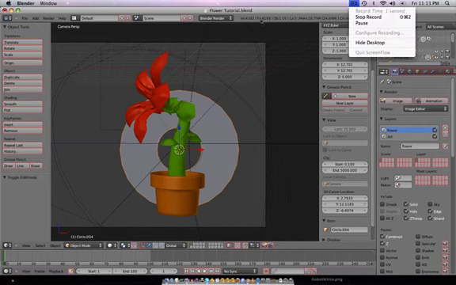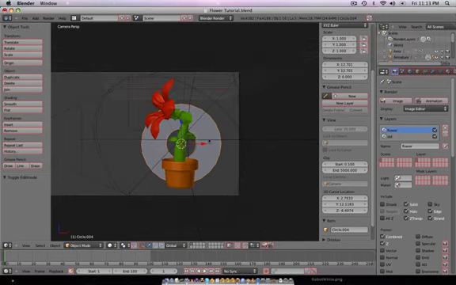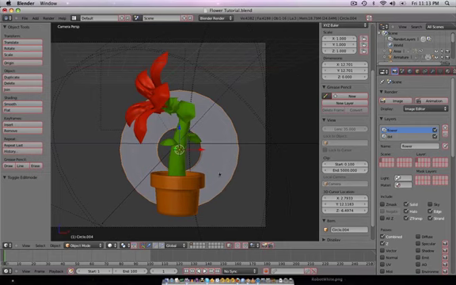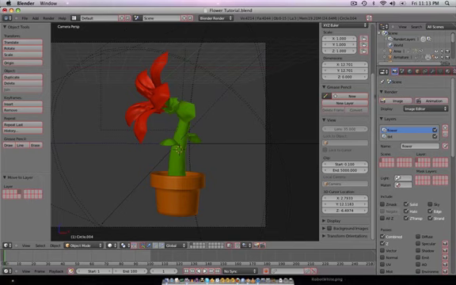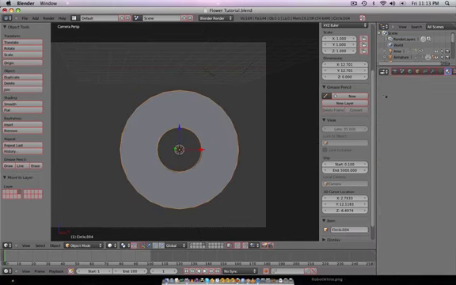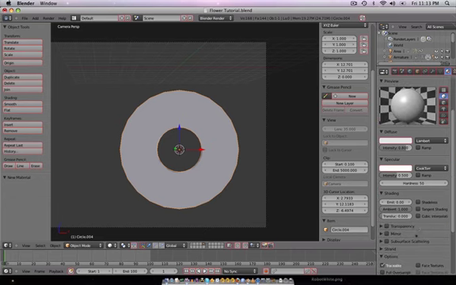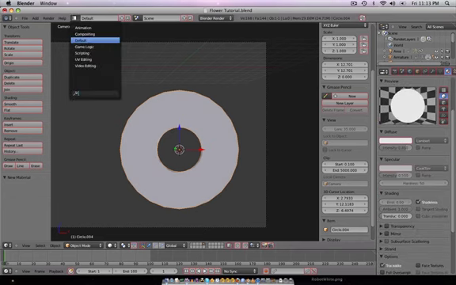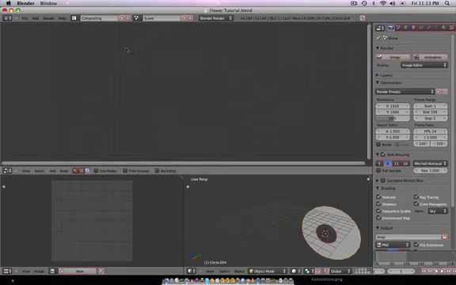Alright guys, continuing. Now we added this right here. Let's go ahead and press M and move it to this layer. Now let's go over to this layer, select it, and add a material to it. And we're just going to make it shadeless. That's all we got to do there. Now from here, let's jump over to the compositor, use nodes, backdrop,